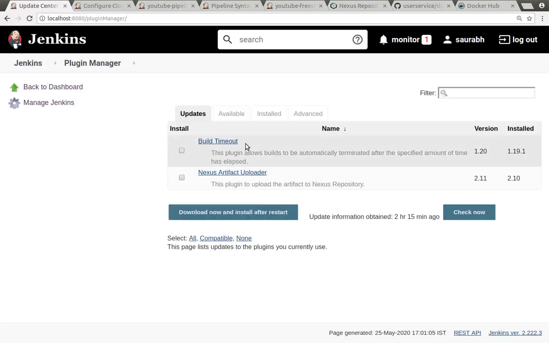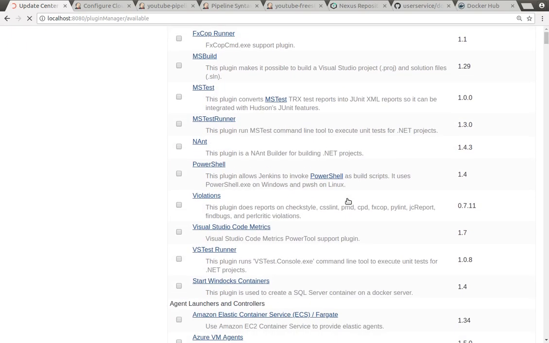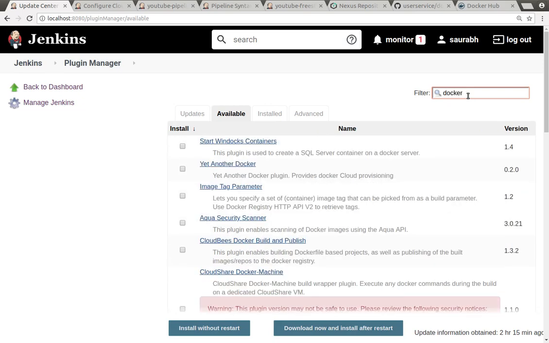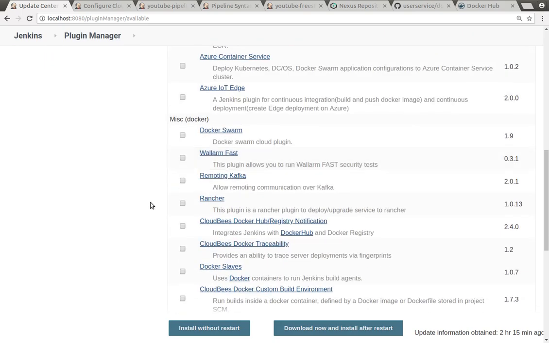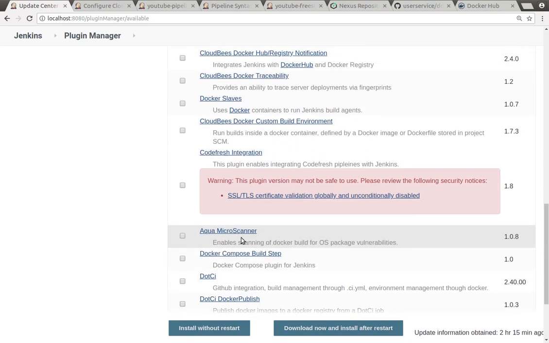You can click here and see what plugins are available in the repository, and you can install from here. Here you can search for Docker. You can see that there are different Docker installations available.